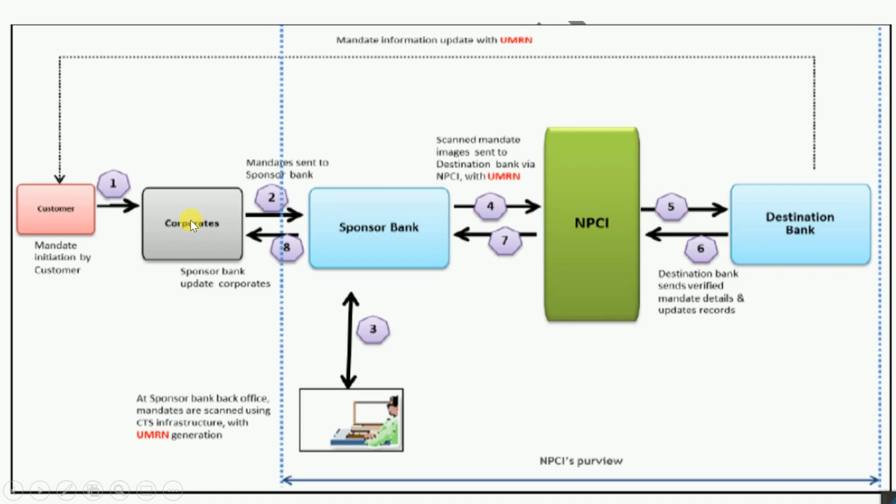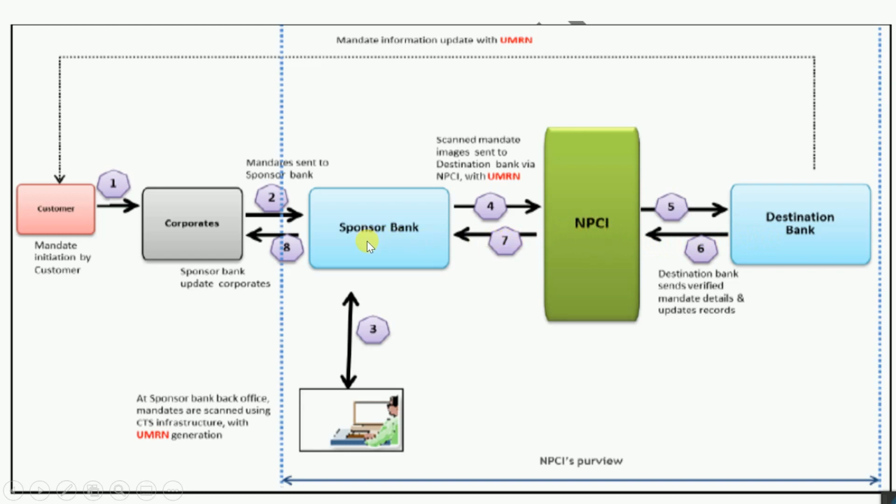But let us not talk about that. Let us think that everything is perfectly fine. So the mandate is set up. Destination bank in one message informs the customer that a mandate request has come. And then destination bank sends the verified information mandate to NPCI, which stores that mandate, that yes, mandate was approved,